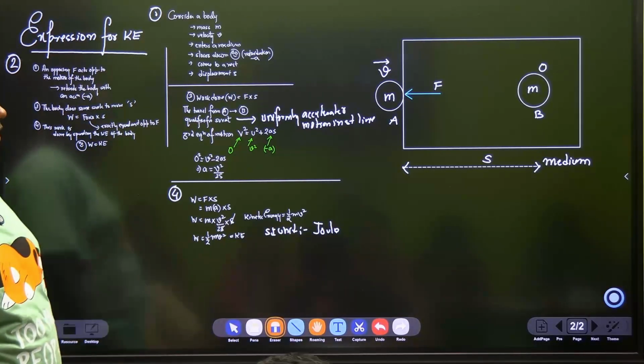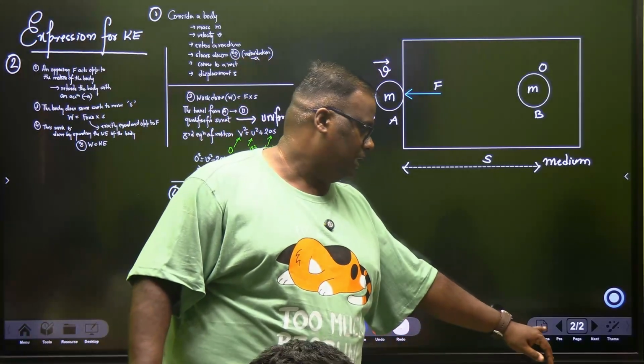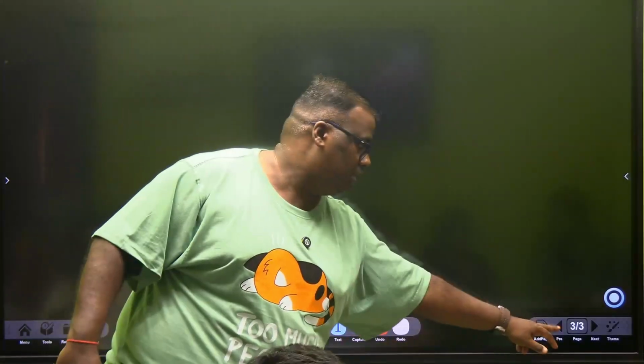थोड़ी और स्टोरीज देखते हैं काइनेटिक एनर्जी के बारे में. आइए. Can I change the screen? अच्छा,